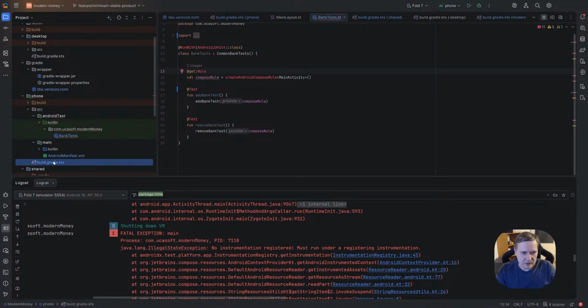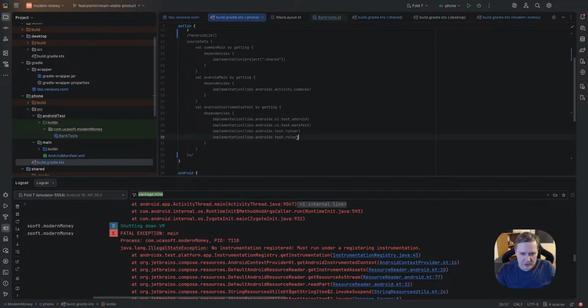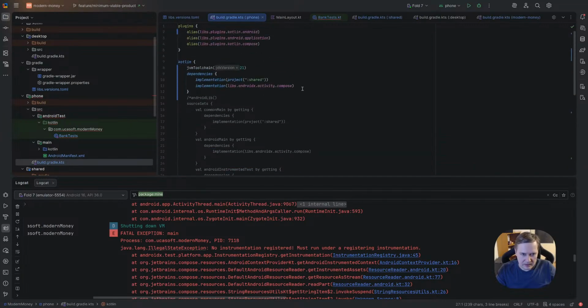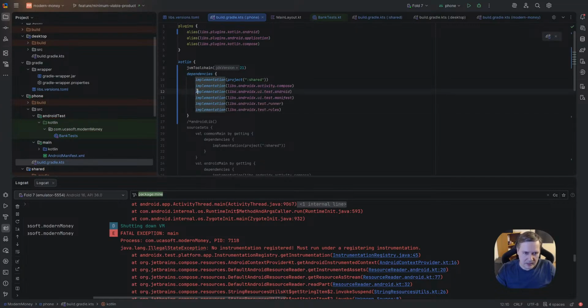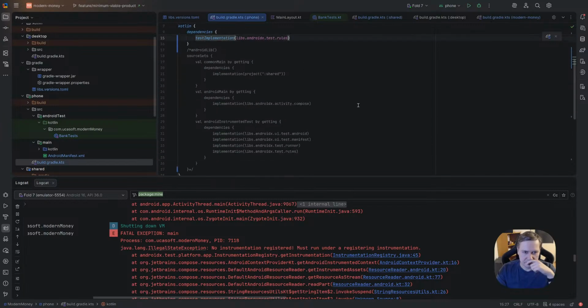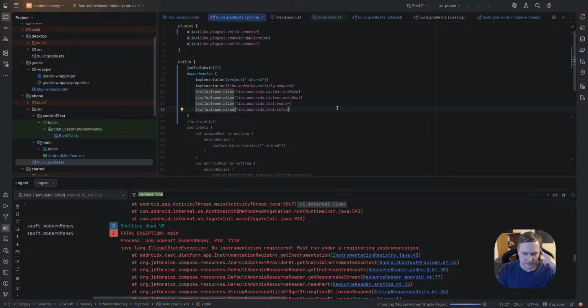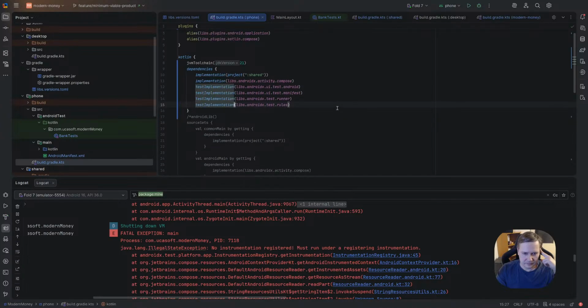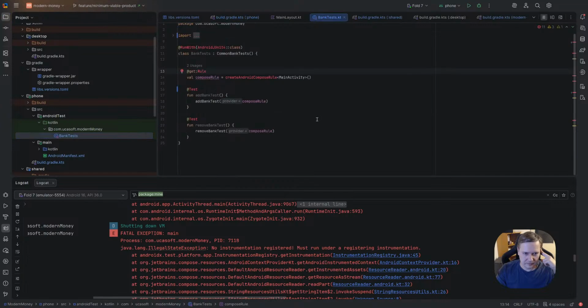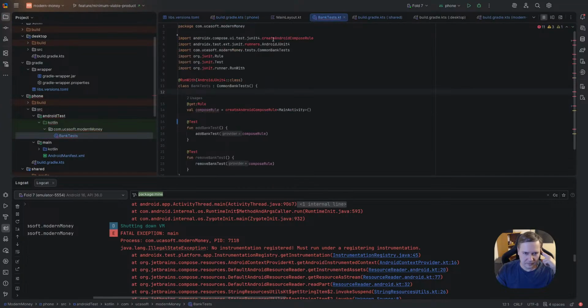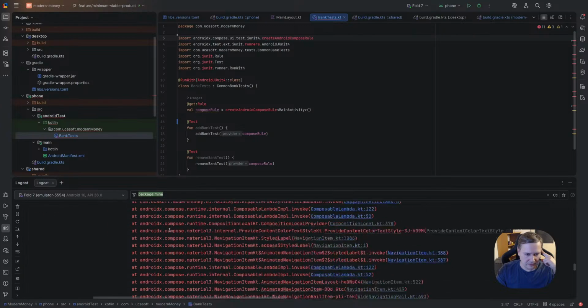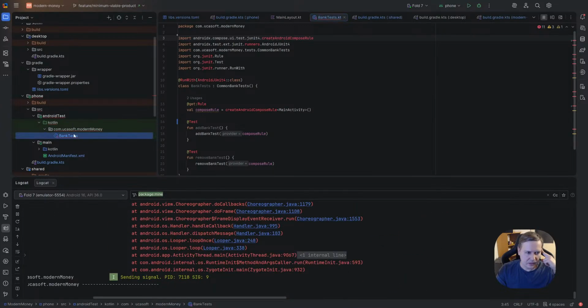Yes, now it failed because of all these rules. Yes, but it's because we don't have this and we need it, but not as implementation, but as test implementation. Let's update. Still nothing. Why?